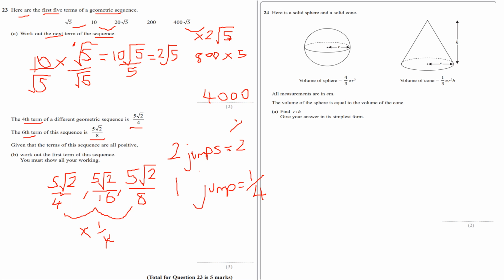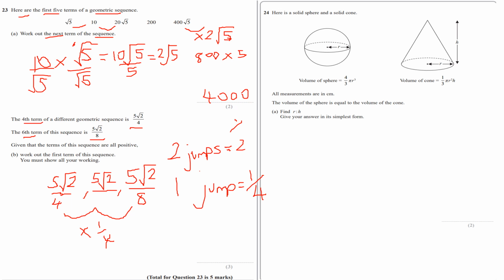So am I timesing it by 1 over root 2? Okay, so that might be right then. So I think I'm actually timesing it, yeah, by 1 over root 2 actually, which is obviously pretty nasty actually, yeah. But so to go from 4 to 8, okay,